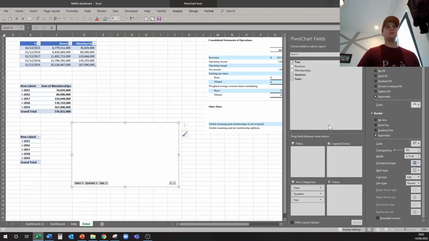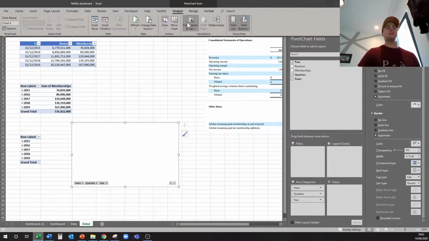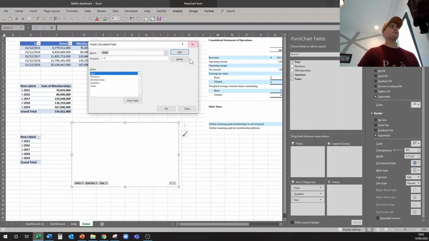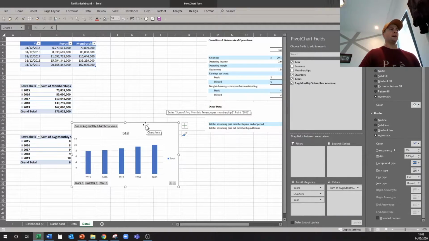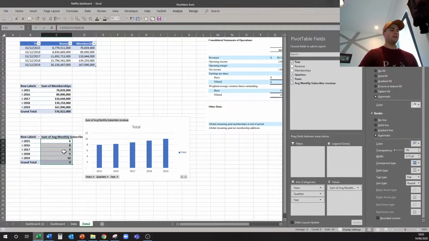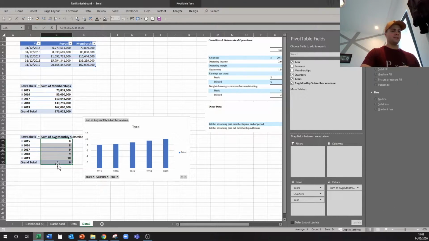So what I want to do is come up to analyze, hit this button here called fields, items and sets, and we're going to make a calculated field, and this is going to be average monthly subscriber revenue maybe. And what's it going to equal? It's going to be a formula, so it's going to equal my total revenue divided by my number of memberships, and then divided by 12 for 12 months in a year. And then if I hit OK, now we've got a new calculated field here. I'll make it 2 decimal places for cents,